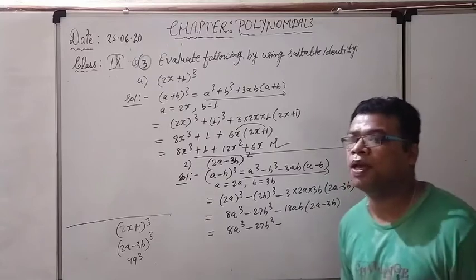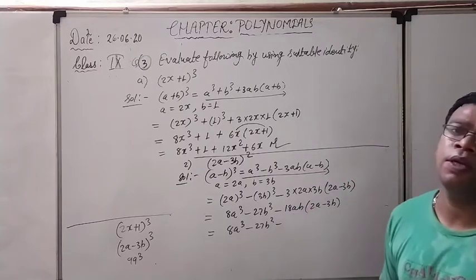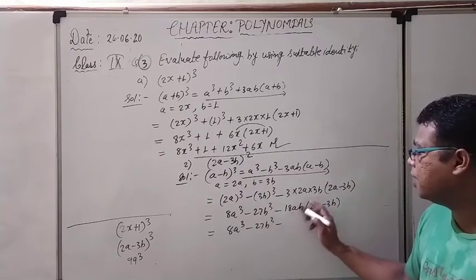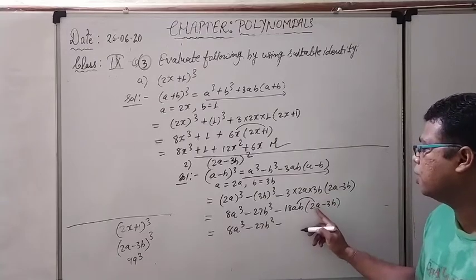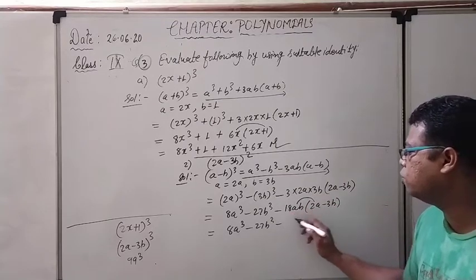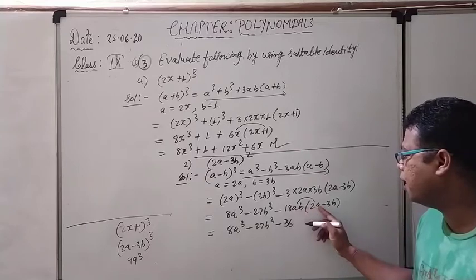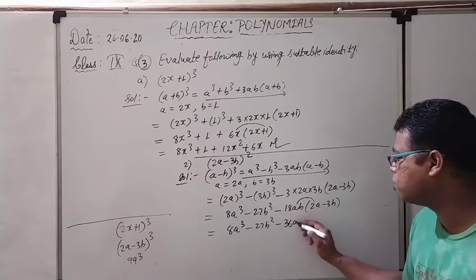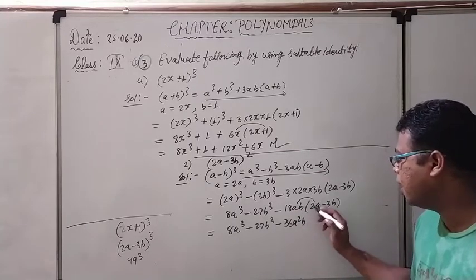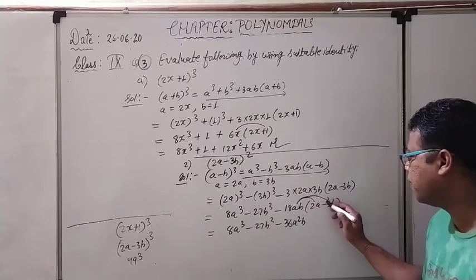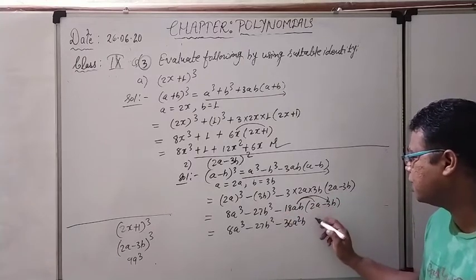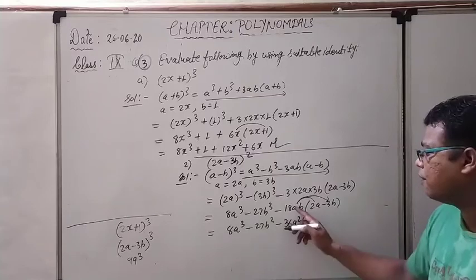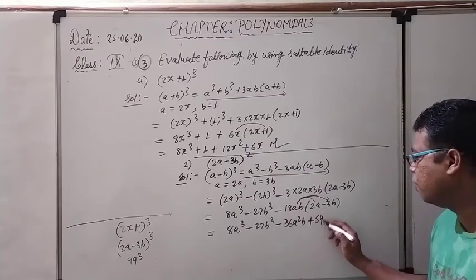Here you have to multiply this thing. So already you know how to multiply. Minus 18ab multiplication with 2a. So first multiply the digits. 18 2s are 36. A and a are coming 2 times, so a square, and after that b. And after that again you have to multiply with this. So minus and minus will first make the plus here. And after that 18 3s will give you 54.